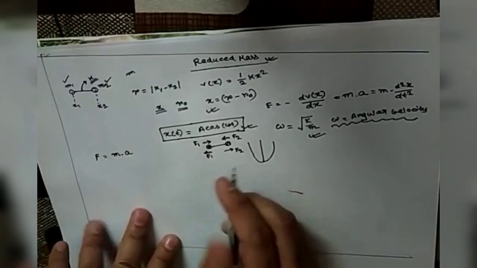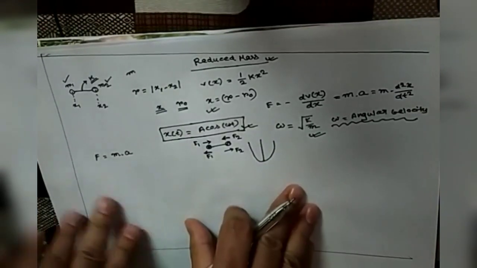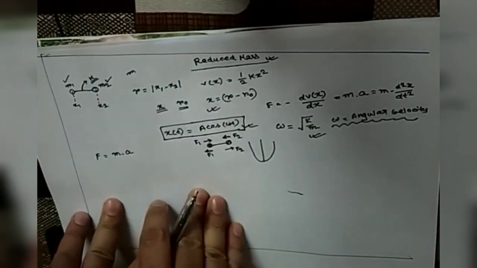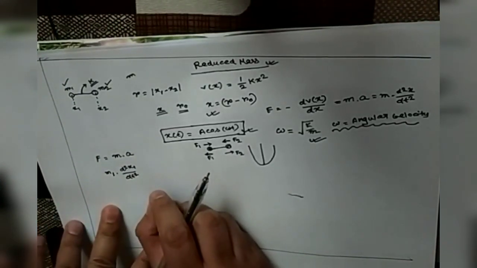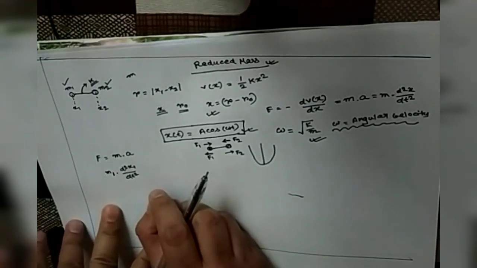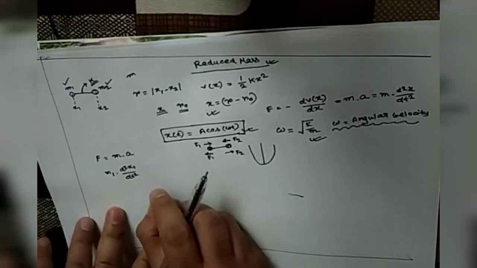Okay, so suppose for the first atom, what will be the force? For the first atom having the mass m1, the force F will be equal to m1 into d2x1/dt2, where x1 is the coordinate of the first atom. So for the first atom, the force will be m1 into the second derivative with respect to time of x1. Okay, so this will be equal to